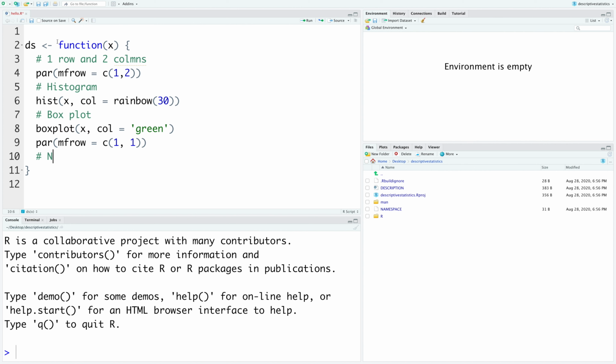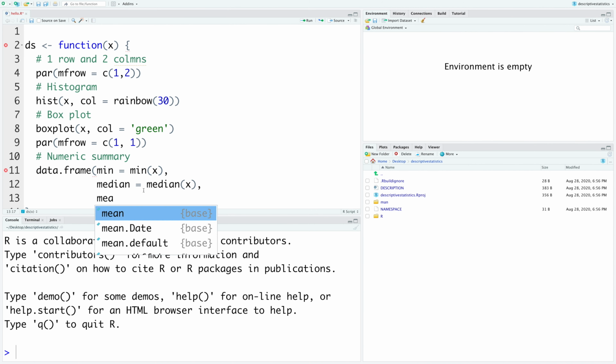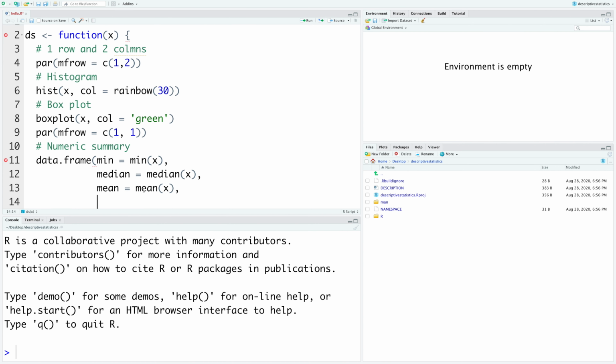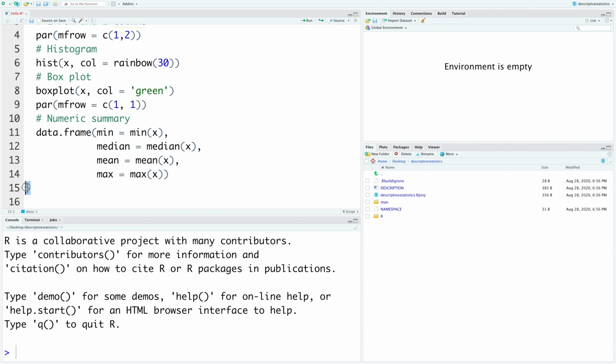And finally we'll have a numeric summary. We'll do this in the form of a data frame. We'll create minimum value, median, and then mean. We can also have maximum, and then the function ends here.